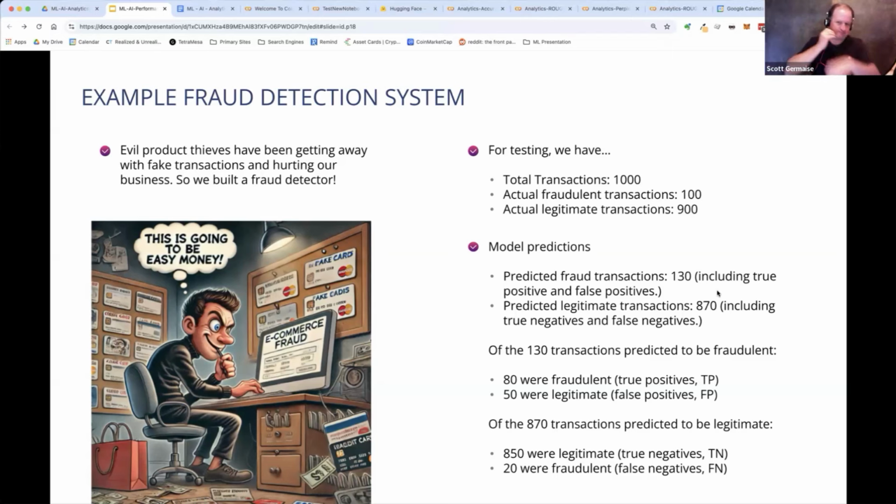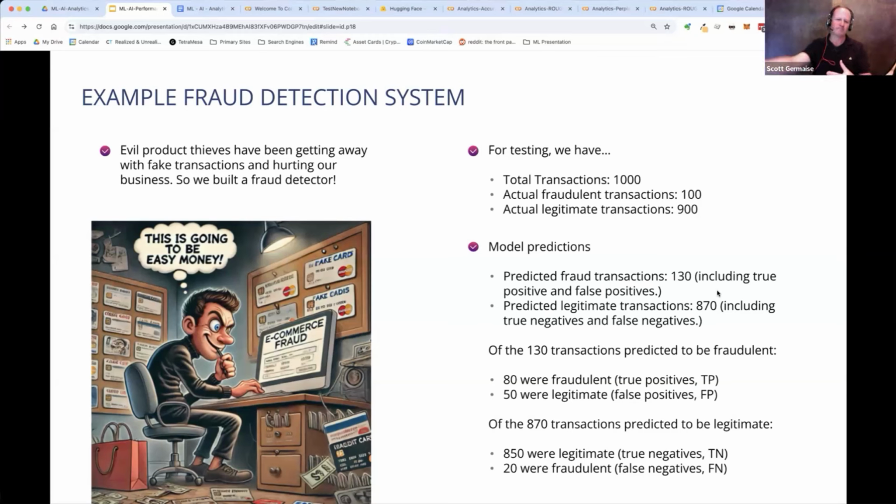So, for testing, we're going to have total transactions of 1,000. Only 100 of which, when I say only, that's 10%, so that's maybe a lot, are actually fraudulent, and 900 are legitimate. Now, when I said only, that implies some degree of judgment, doesn't it? And the challenge here is what's going to be good or bad in all of these cases is going to be up to you. In this case, it's an e-commerce example, all right? And it's the economics of your business that are going to determine what's good or bad. If we were doing something medical, though, what percent of x-rays are being diagnosed appropriately, or is a vaccine working or not, things become a lot more serious, and you're ideally going to have significantly different thresholds for what's okay